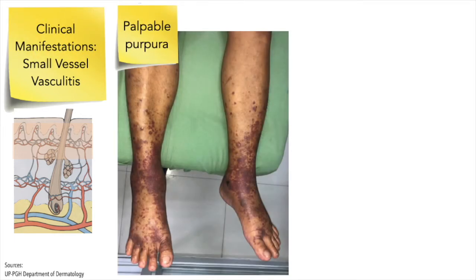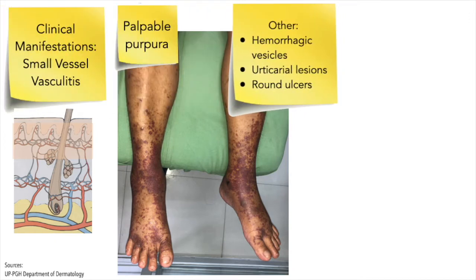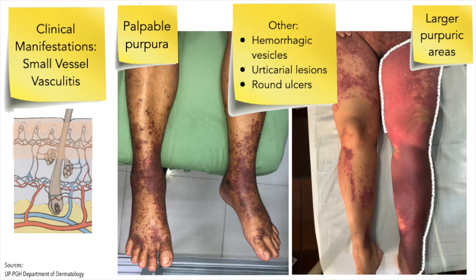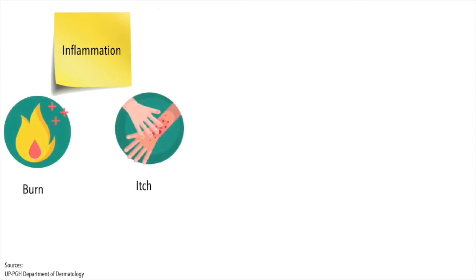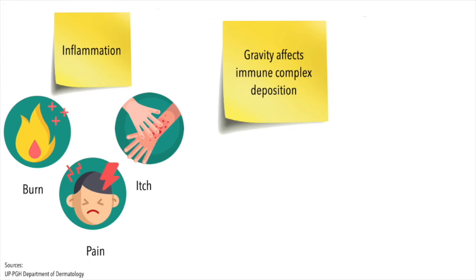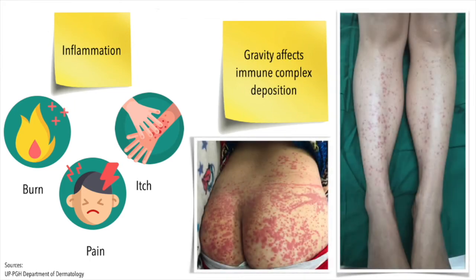Small vessel vasculitis involving the superficial dermal vessels typically manifests as palpable purpura, although they can also manifest as hemorrhagic vesicles, urticarial lesions, or rounded ulcers. These, in turn, can coalesce into larger purpuric areas. Inflammation accounts for the symptomatology, the burning, itching, or pain experienced by the patient. The effect of gravity on immune complex deposition accounts for lesion distribution in dependent areas like the lower legs and